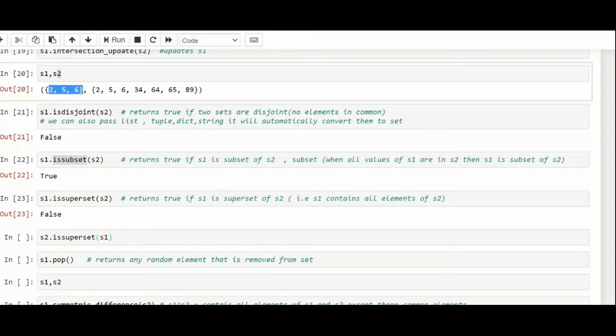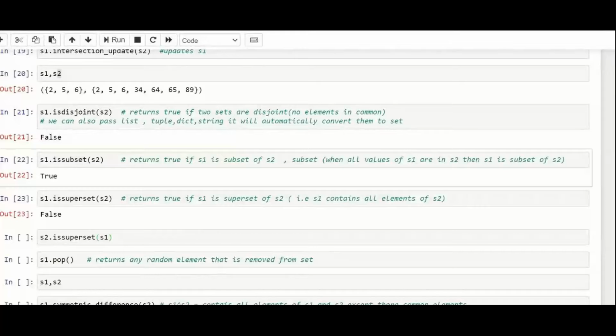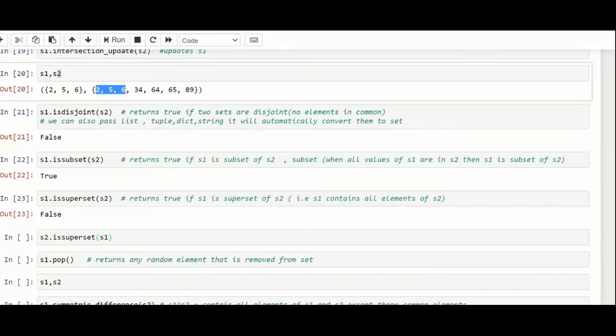For example, I can say Delhi is a part of India altogether, so it is a subset of India. So I do have S1. S1 has 256. S2 has 256, 34, 64, 65, 89. As all of the elements of S1 are present in S2, S1 is a subset. By subset we mean it is a part of it. Is S1 a part of S2? I'm talking in terms of values.